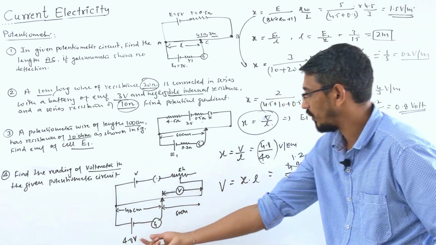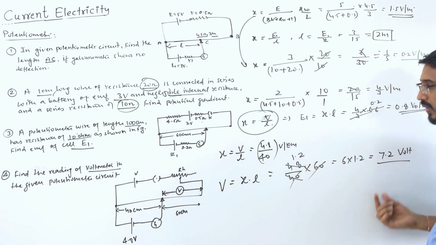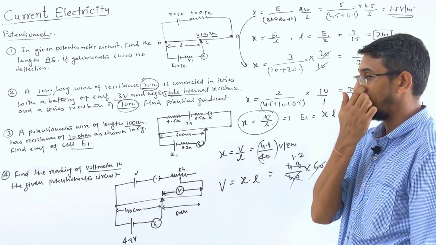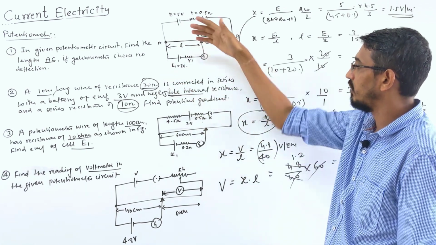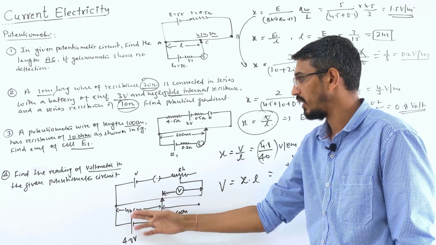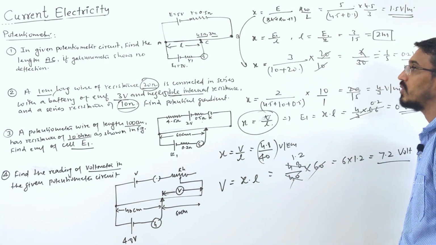That's all. So in 40 centimeter, how much potential drop? This much, 4.8 volt. Then what is in 60 centimeter? It should be more. How much? 7.2. So this is the use of your potential gradient. EMF of the cell given, you can find balancing length. Balancing length is given, you can find the EMF. Both are given, you can find potential gradient. Okay. I'll discuss more questions on the other things.